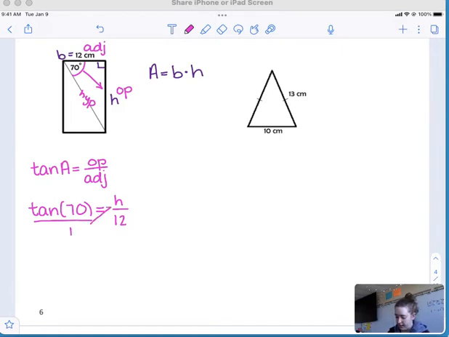We'll take 1 times h and get h. And then we'll take 12 times tangent of 70. Oopsies, forgot the 12 first. When we put that 12 tangent of 70 into our calculator, we're going to get